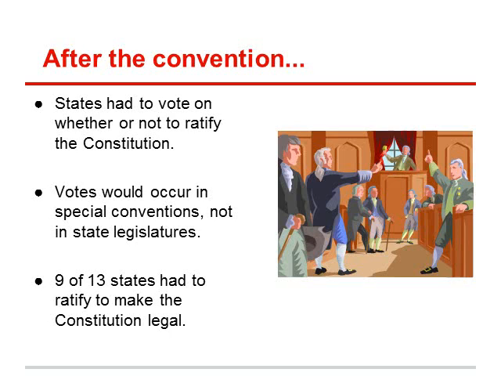After the convention, each state had to vote on whether or not it was going to ratify the Constitution, which means to make it legal and official. The votes were going to occur in special conventions, not in the state legislatures. The reason for this was that the state legislatures had a lot of power under the Articles of Confederation, and they wouldn't be very eager to give up that power to a strong national government as designed in the